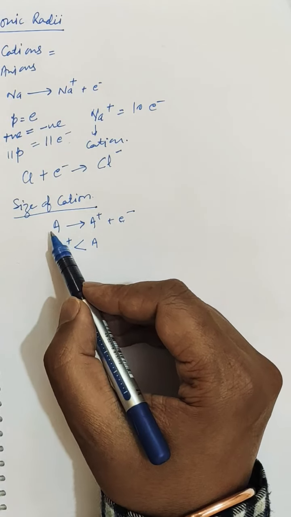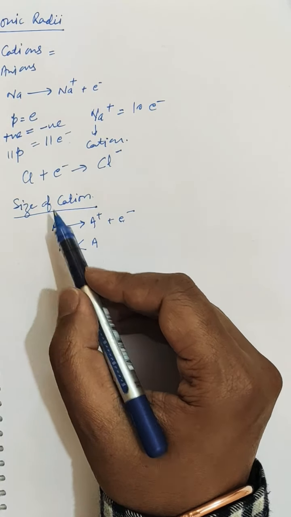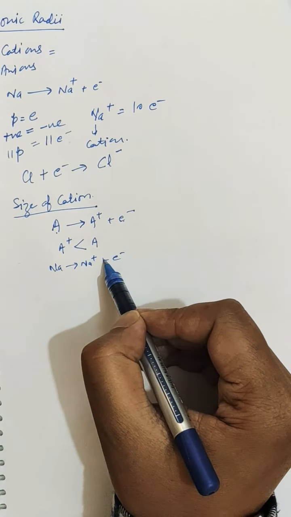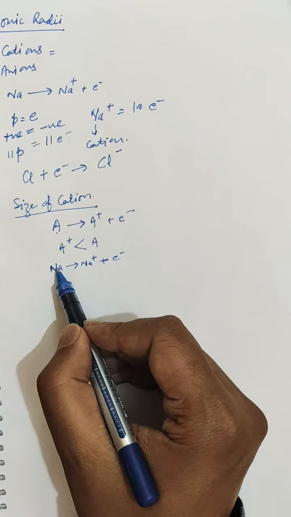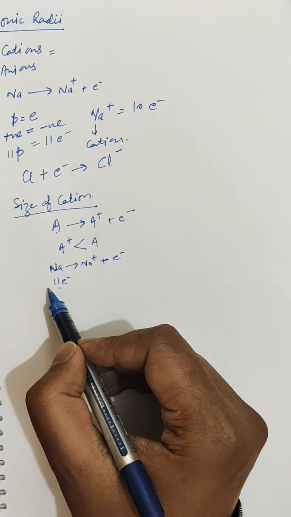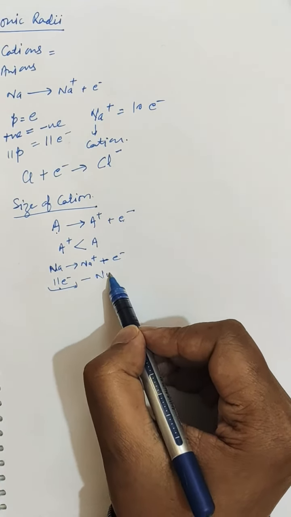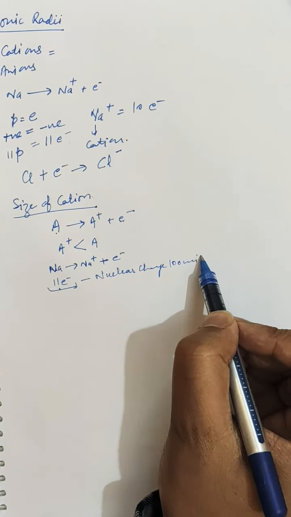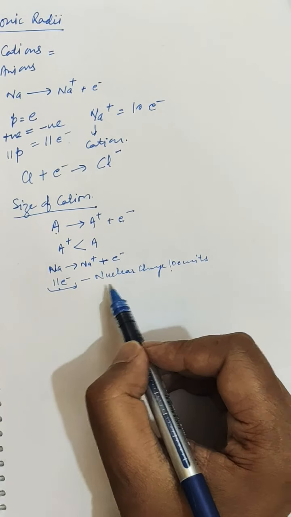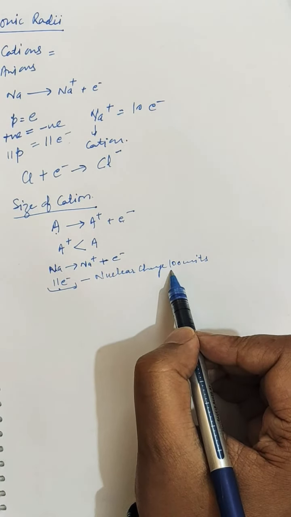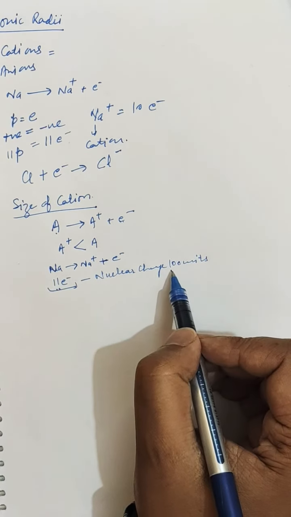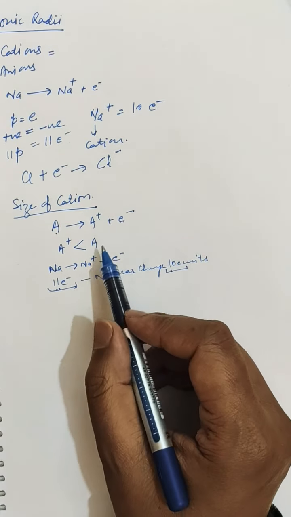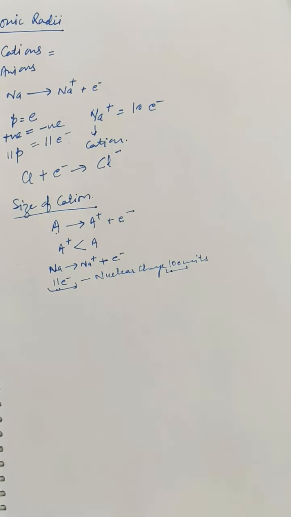Suppose earlier, in case of sodium, there were 11 electrons. So 11 electrons were filling a particular amount of nuclear charge. Suppose it's 100 units. It's not the exact nuclear charge, I am just trying to make you understand. So suppose that 11 electrons were filling the 100 units of nuclear charge. Nuclear charge means the charge felt by the electrons from the nucleus of that atom.